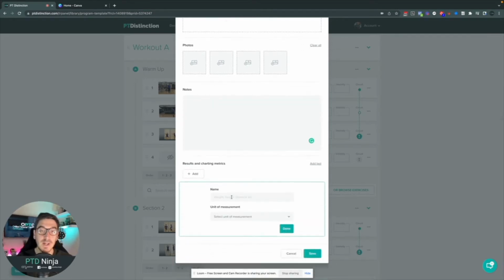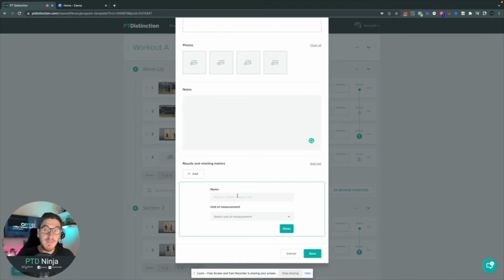And then what you can do is put in any kind of metrics you want to track. So that might be the number of reps. It might be the weight that they're using, the resistance, the color of the band. In fact, it can be absolutely anything you want to put in there. We're going to explore just how far you can take this tracking metrics a little bit later on in this video. But it's really important that whatever exercise you're putting together, that you do put in whatever information you want